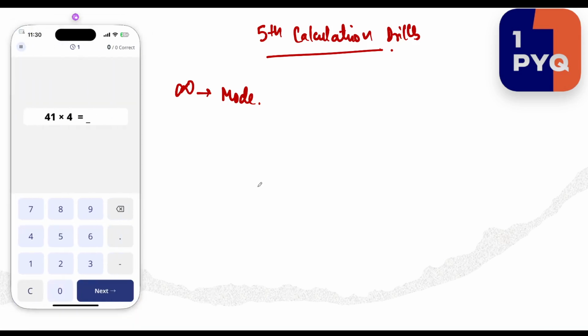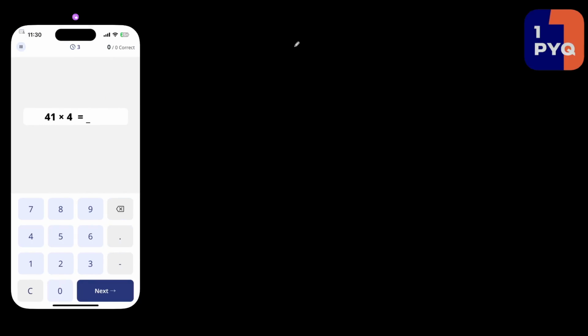Okay, now we have 41 into 4. That's easy. This is 160 plus 4, that makes it 164. 19 2s are 38. You must remember all the tables